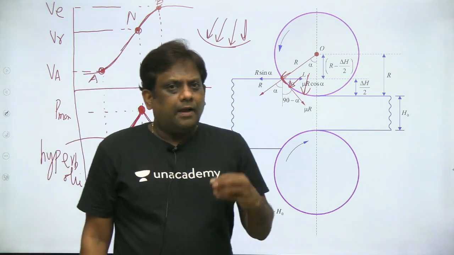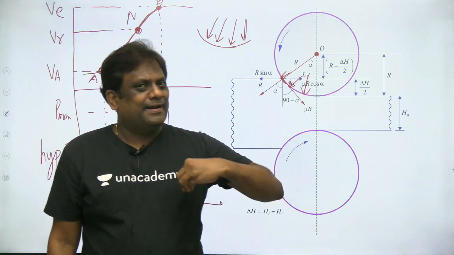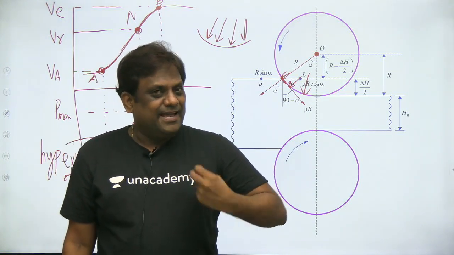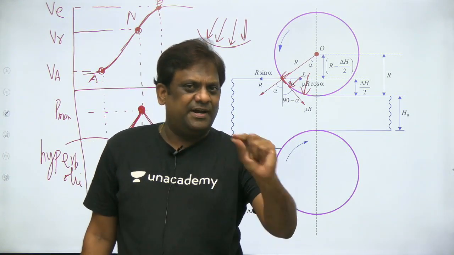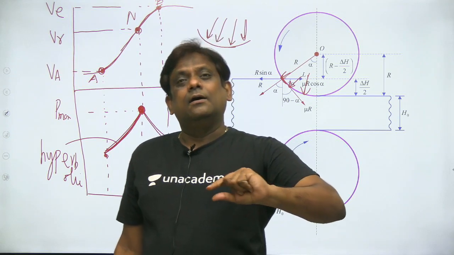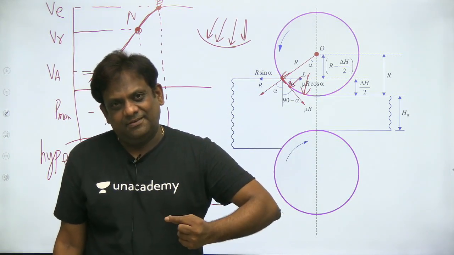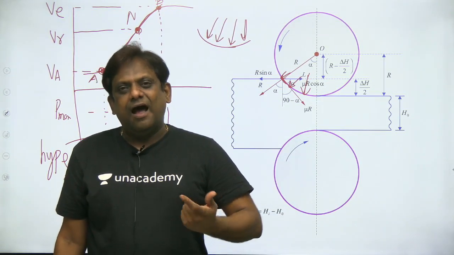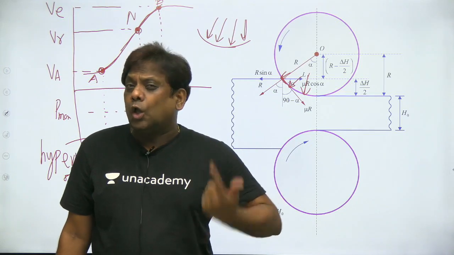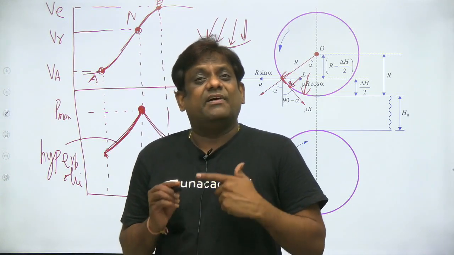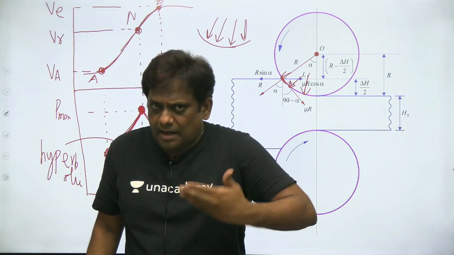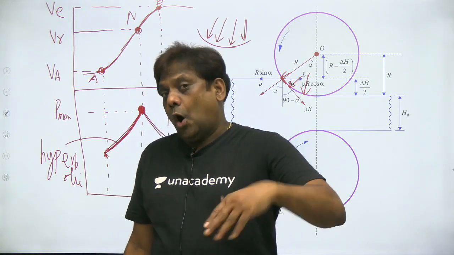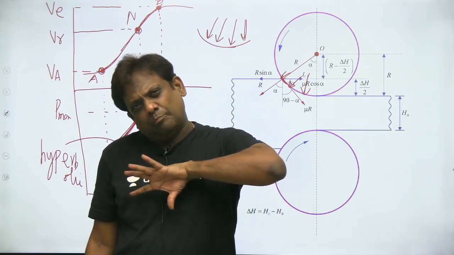So now I'll stop here, and in my coming lectures, I repeat, I'll be showing the complete mechanics: how much maximum reduction is possible, what should be the angle of bite, what should be the coefficient of friction, and all this, power, torque, I'll try to complete in a very detailed manner. So I may be taking some 3 to 4 lectures on rolling. I'll try my level best to complete all the things.